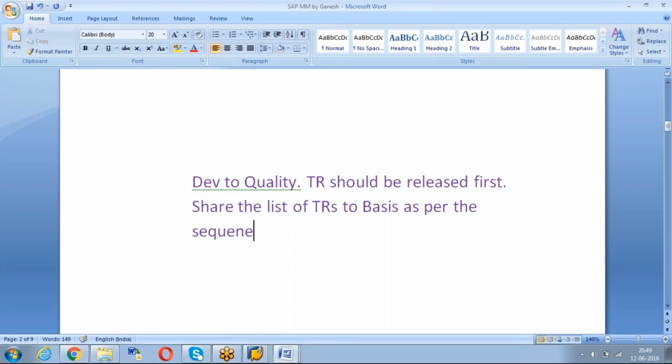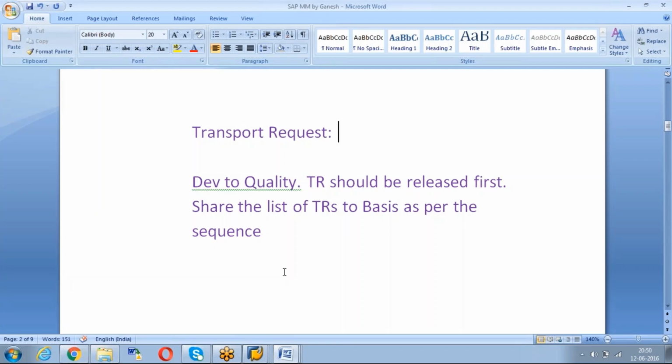Why am I mentioning the sequence? Generally, as per the configuration only the sequence will come, but sometimes you have to create the plant first, and only then can you assign the plant to the company code, right? If you move a transport request of plant to company code, there is no plant.